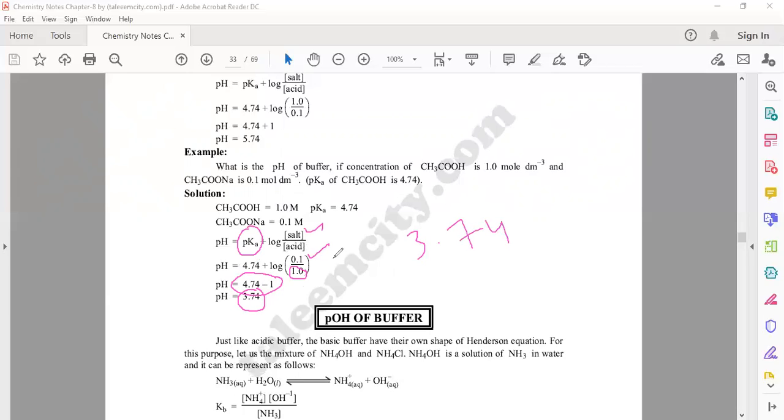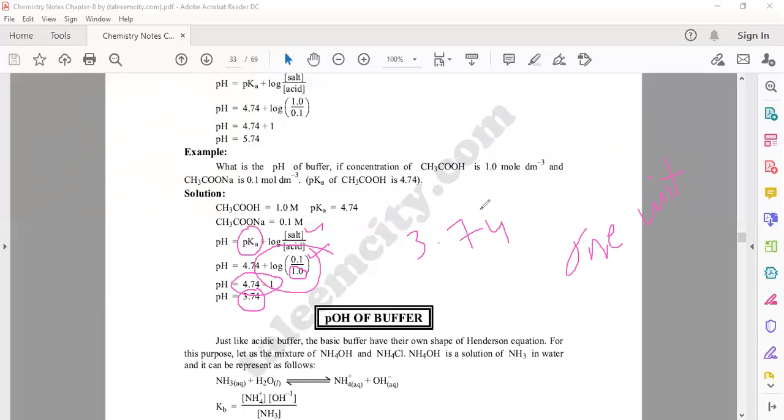3.74. When you are going to take its log, it will become minus 1. So you have to put here minus 1. 4.74 minus 1 will be 3.74. So when you take the concentration of acid 10 times higher, then the pH will decrease by 1 unit. Remember this, practice this, or when you are going to attempt this question, you have to give these examples,